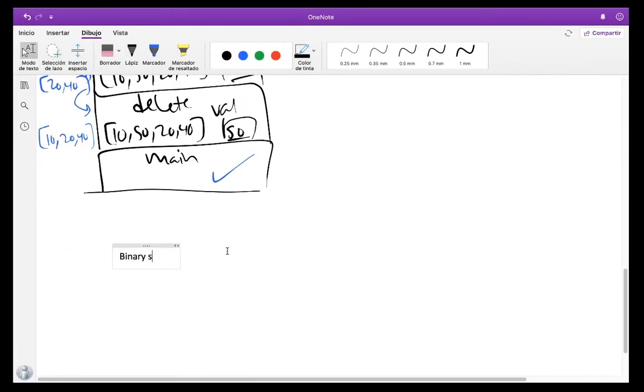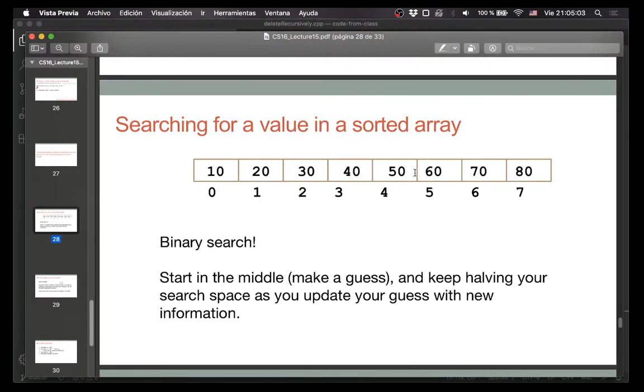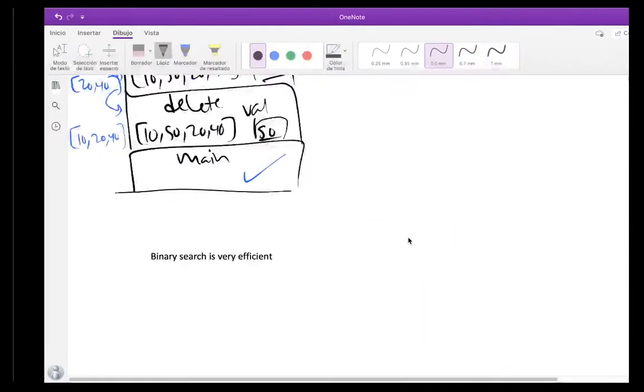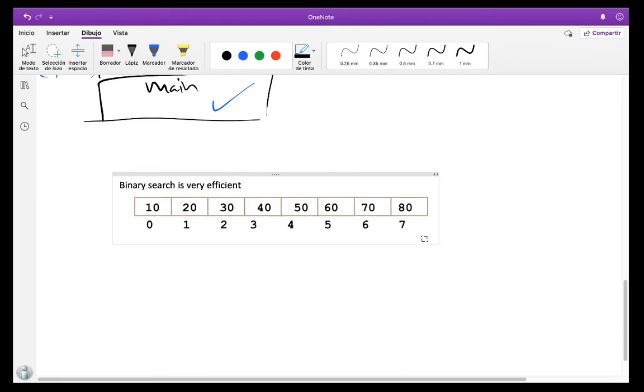If I was trying to search for 50 in this array and return the index where that lived, the standard way to do it, with the knowledge that you have right now,